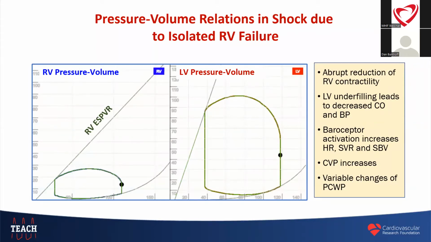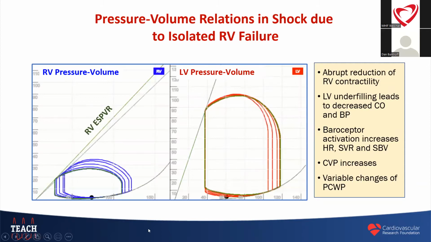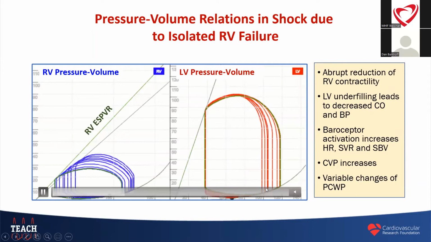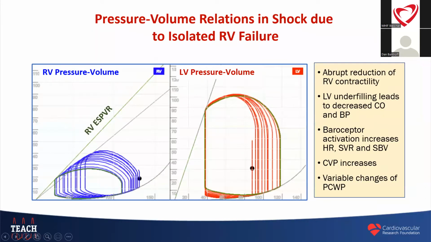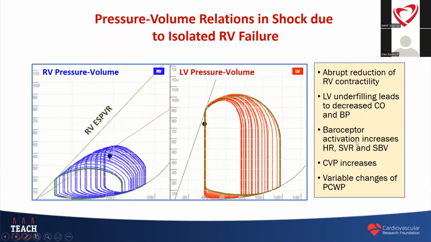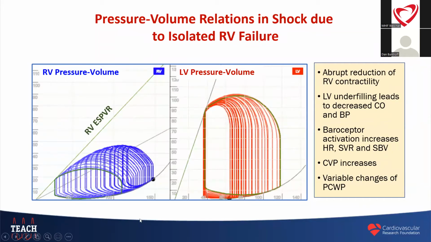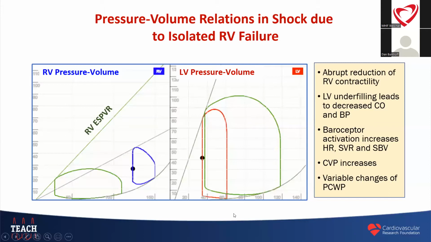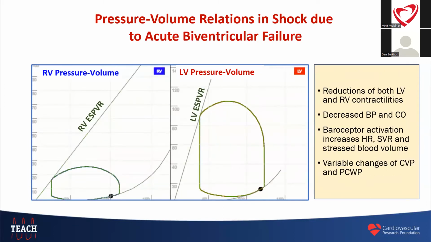Now, isolated RV failure is a little different. Here you have a reduction in the RV contractility, and what that leads to is underfilling of the LV. And it's that underfilling that results in the decrease in cardiac output and blood pressure. But you have that same activation of heart rate, SVR, and stressed blood volume. In this case, though, you have a primary increase in the central venous pressure, and wedge pressure and end-diastolic pressure can actually be decreased. So life is not so simple as having pure LV or RV failure, and more typically,